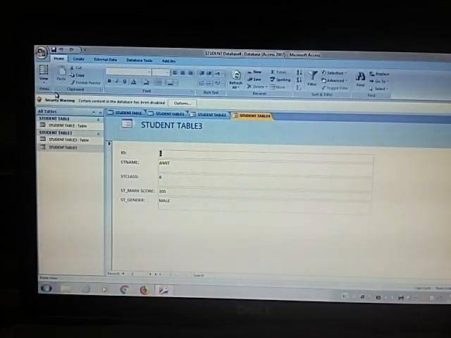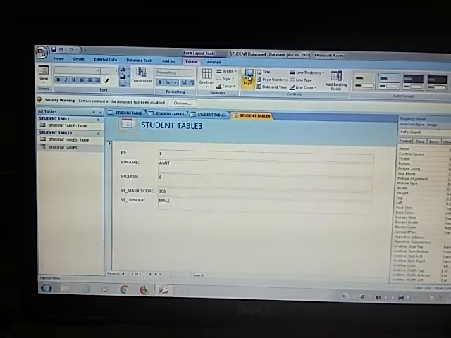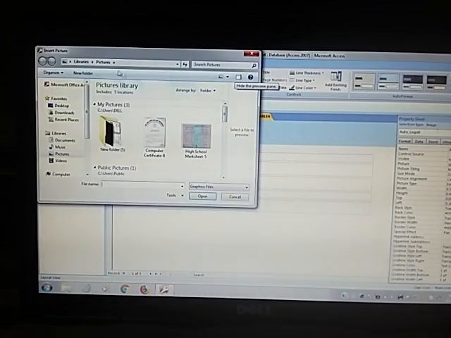When you click on the form view, it will display the form with the data which you have entered into your form. It will show the preview of the form. So this is the preview of the form. You can add a logo in this preview form. That means if you want to change the appearance of your form, then go to the layout view or design view, and you can change the logo of the particular data also.